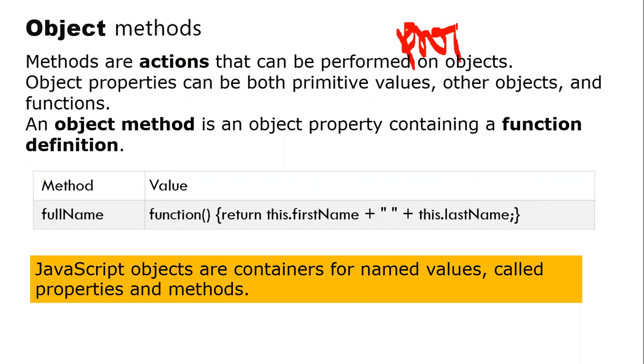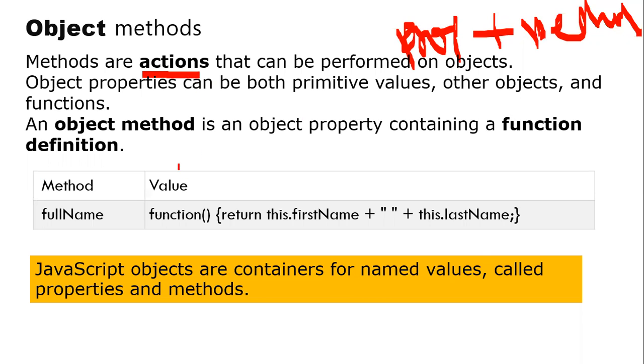Okay, we'll have properties plus what you call methods in the objects. Understand what I'm telling? So we'll have properties and methods, both will be there for us in the object. So when you say methods, what are these methods? Methods are nothing but some actions that you are defining in the object.